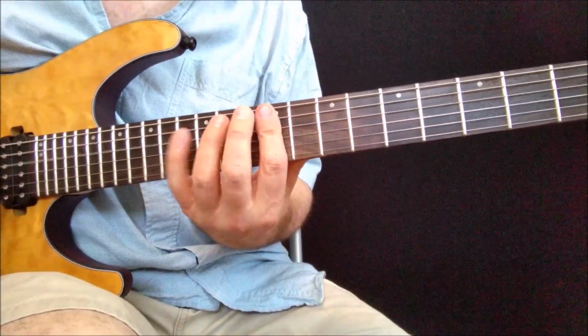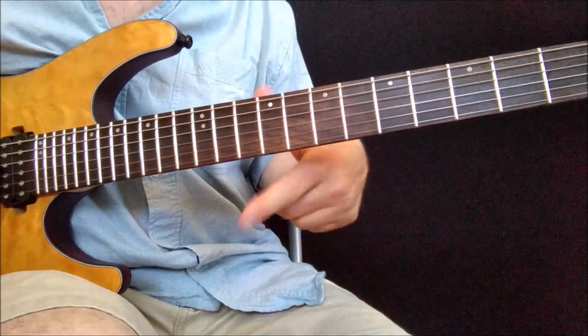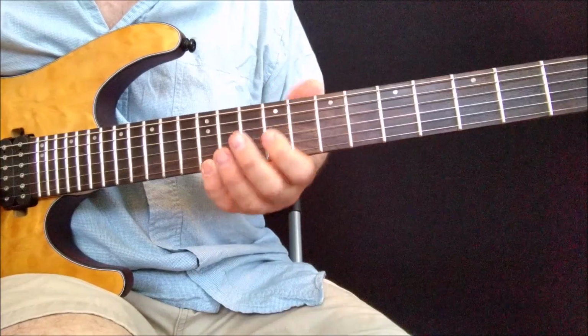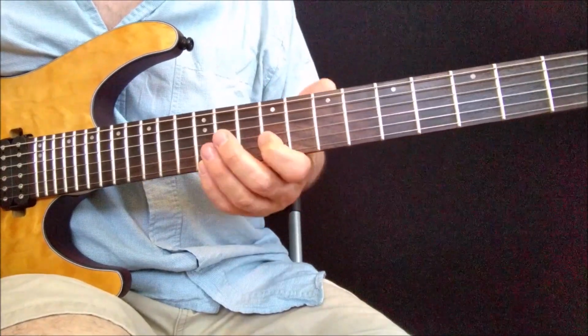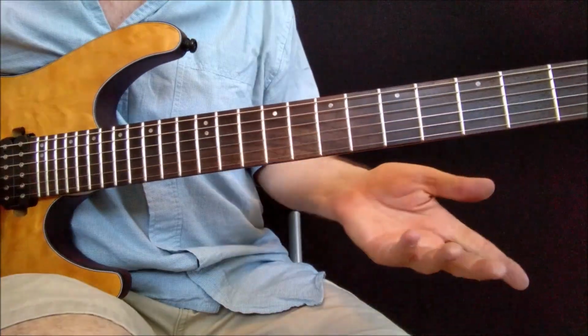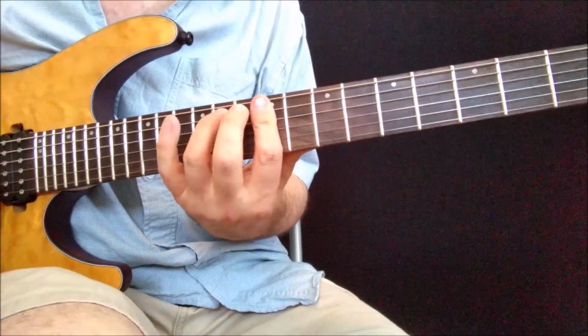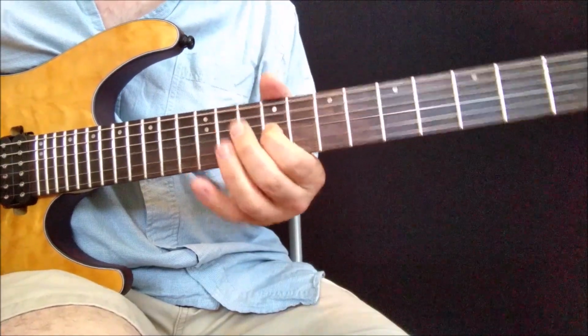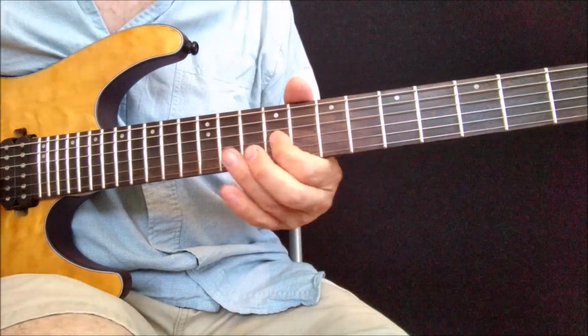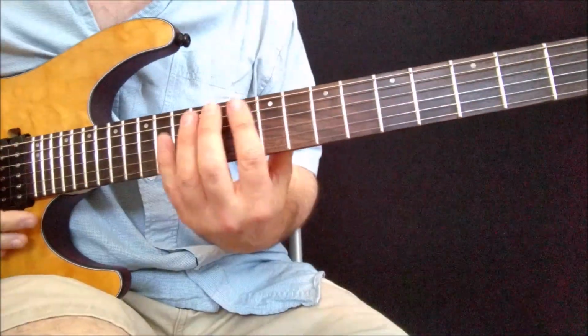Okay, second one is this. Octave. Here we're playing the 9th on the 3rd string, on the 1st string, we're playing a 12th. So 3 of those octaves. Okay, third time around, it's this. Same lick as before. Okay, and then just